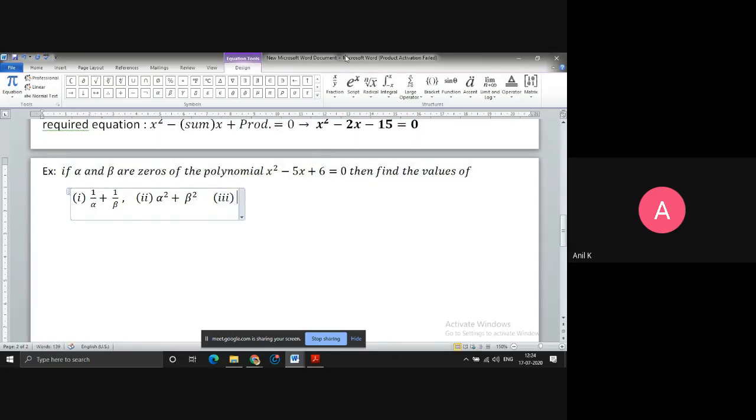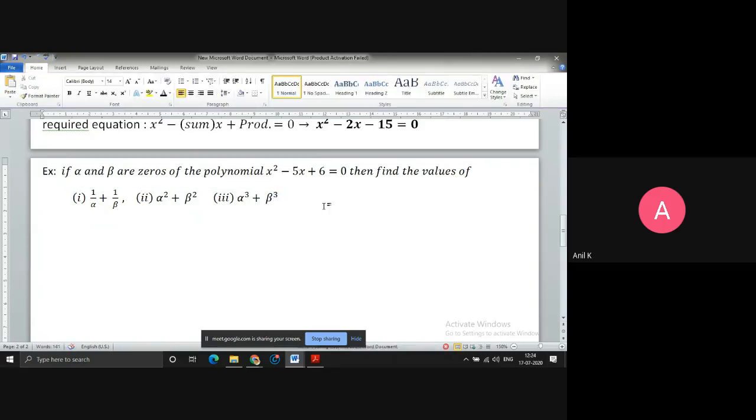Okay, again we are going to use all class 9th formula here. Like instead of alpha square, let me put alpha cube and beta cube. So this is the question. Whatever values you want to find out here, alpha and beta values are required. If I know alpha and beta values, directly I can substitute here and simplify it. And the question is, what is alpha and what is beta?